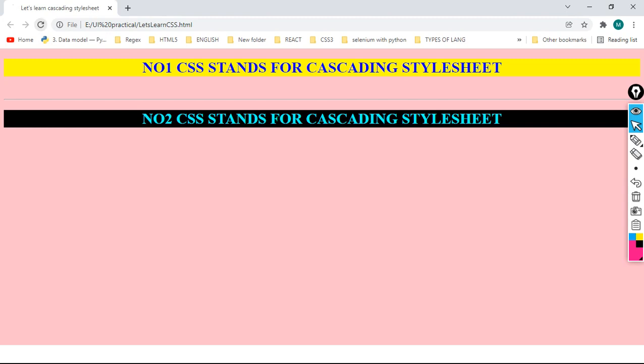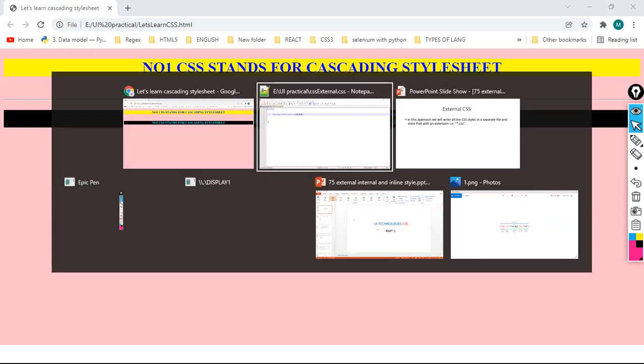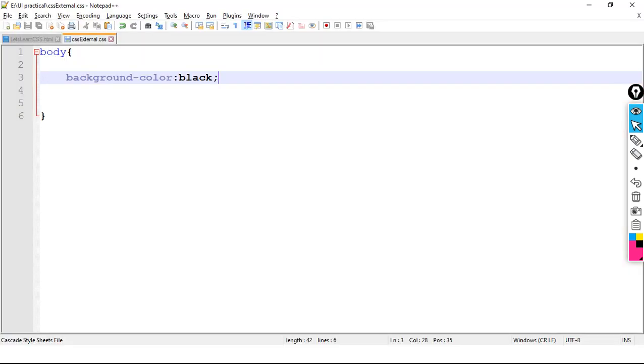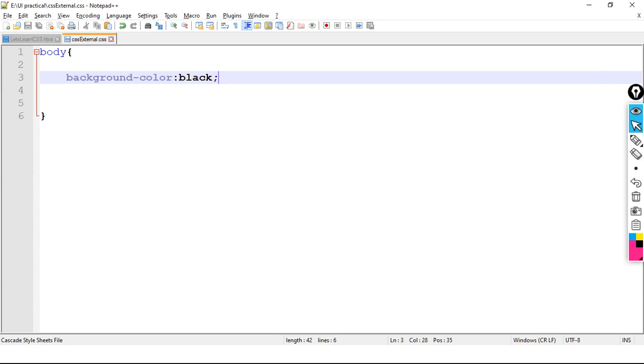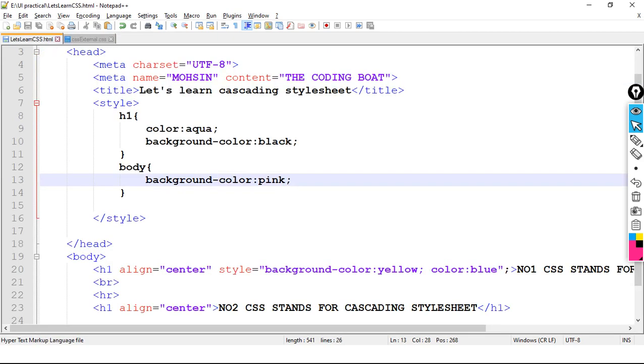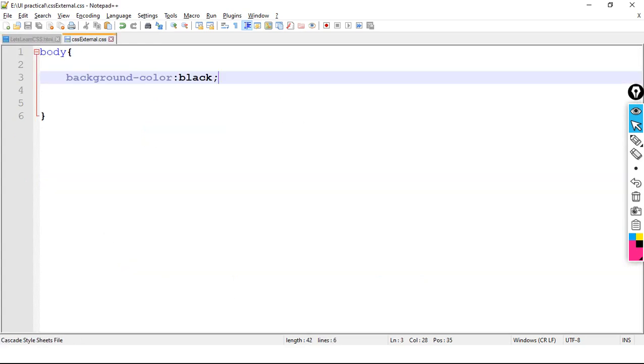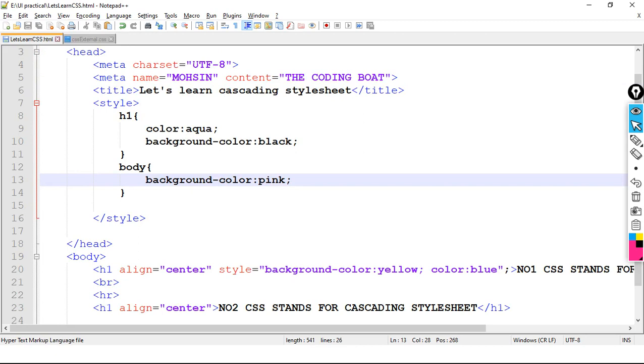Is there any changes? No, no changes. Why no changes? Because we have not linked these both files with each other. See here, have we linked this file with this file? No, that is the reason.